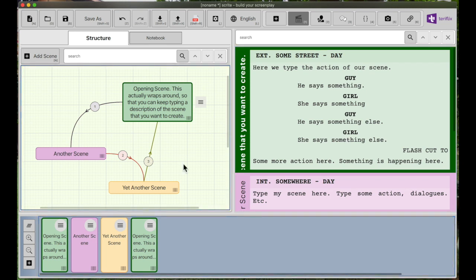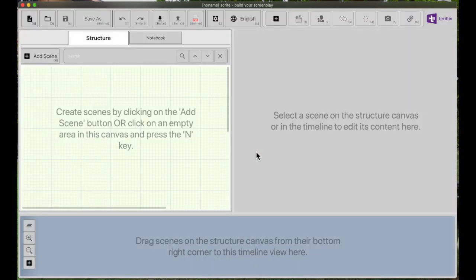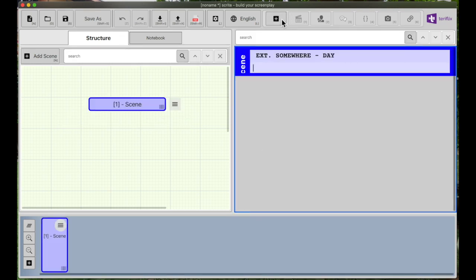Okay, so I know what you're thinking. If you are a seasoned screenplay writer, you'll find that all of this is a bit too much. You don't want to create blocks here and drag and drop them. You just want to create one scene after another scene after another scene, because you've been doing this for a long time, and you really don't need all this user interface. So if you're that kind of person, then you start fresh, and you can click this block here. It will straight away create a scene for you, insert it in the structure and also in the timeline, and you can go ahead